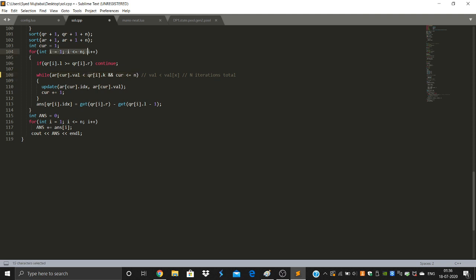It isn't that each time we enter this for loop, this loop is running n times. It will run fewer than n times. So you could say the total operations were n plus n, not n into n. If you want to count the iterations, it's not n squared. Let me be very clear. And this operation is basically log of n if you use a BIT. So total complexity would be n log n.